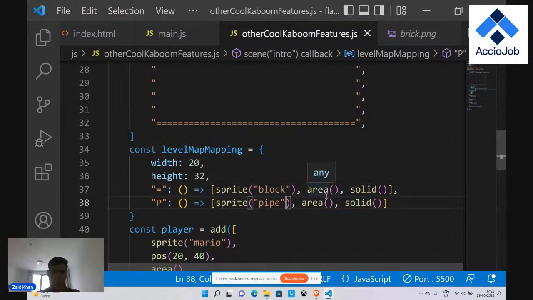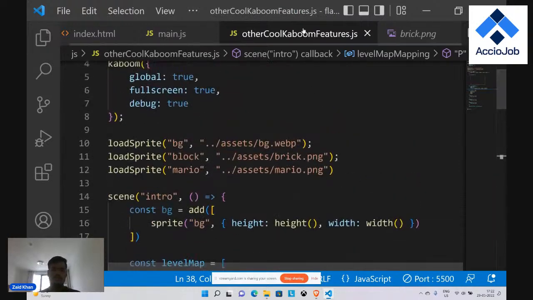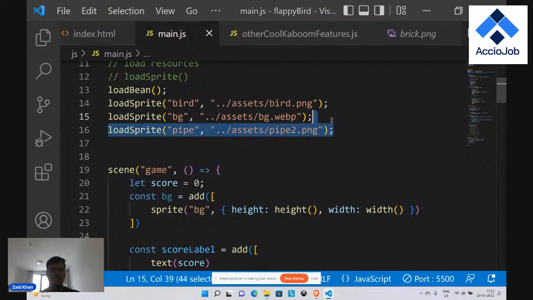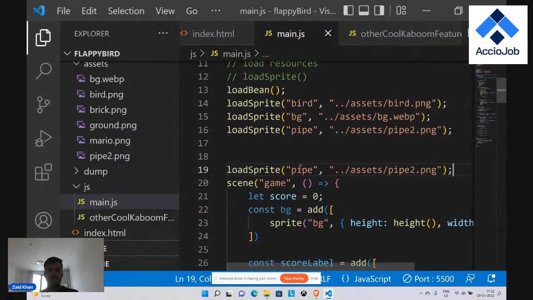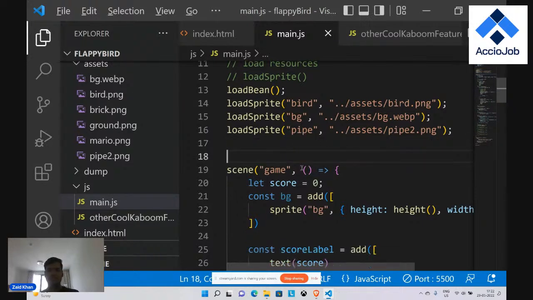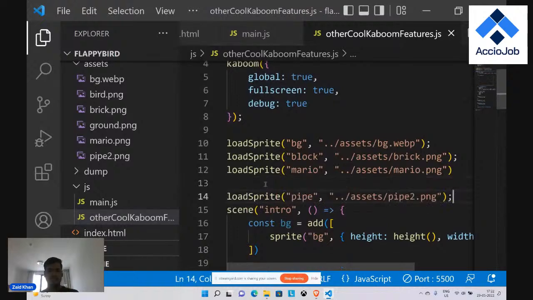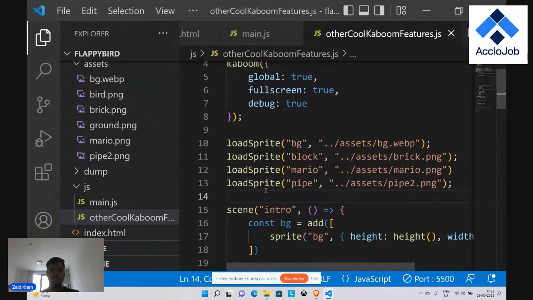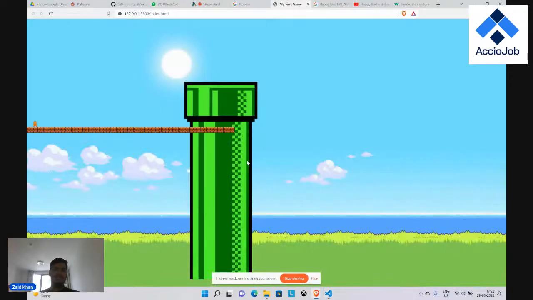All I have to do is pipe area, and this pipe is not loaded. I have to load pipe. Let me copy pipe from here. I look at this, I can see that okay, there is a pipe that has been created, and I cannot pass because this is a solid item. But what I can do is